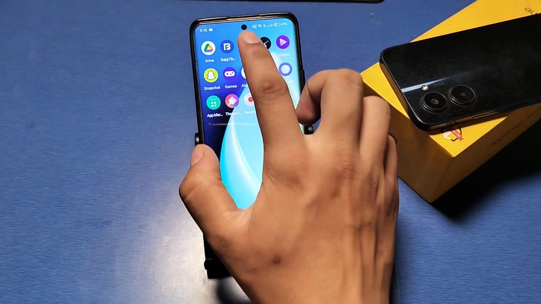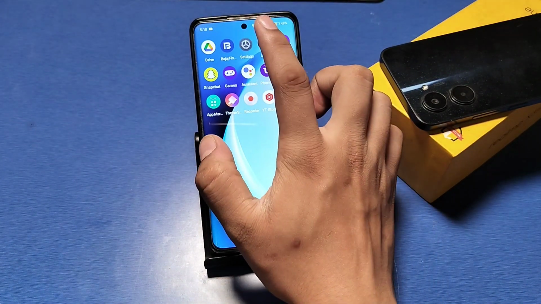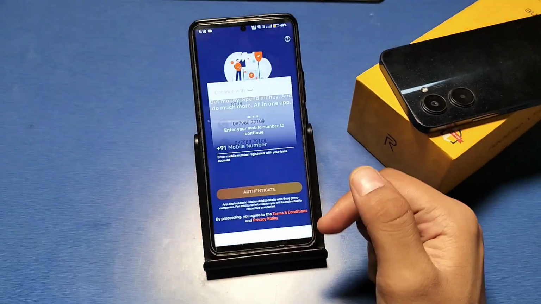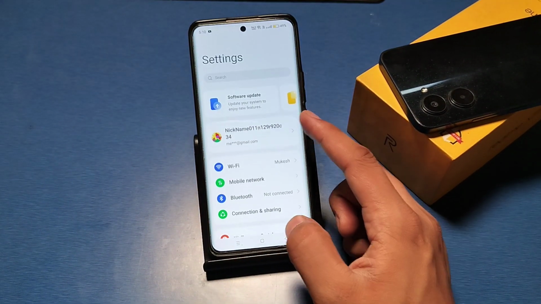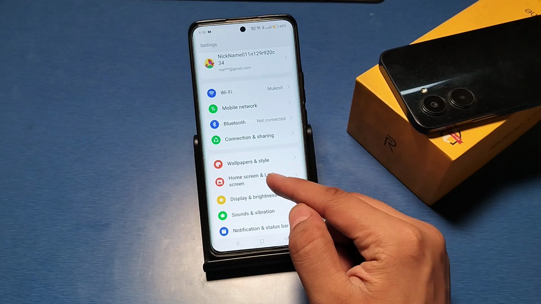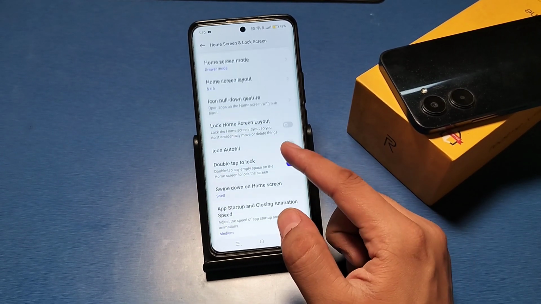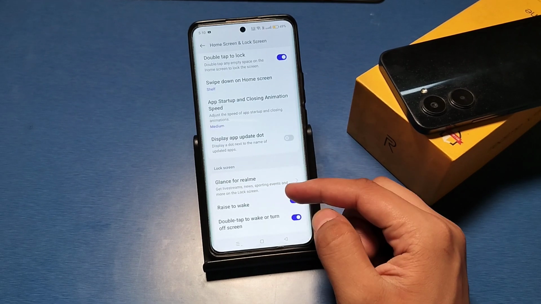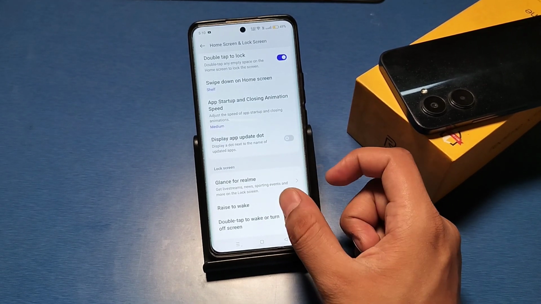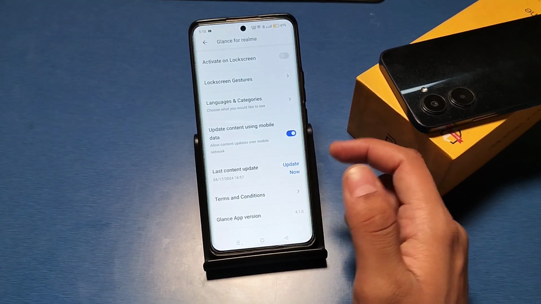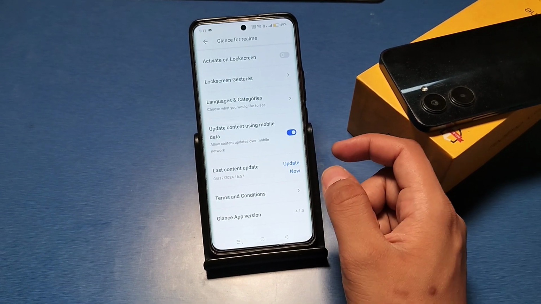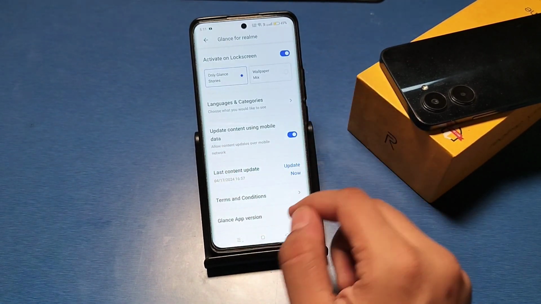Firstly, you have to go to the settings option in your Realme device phones, and you can search or simply see there is an option, home screen and lock screen. Just tap it and then scroll down. You can see Glance for Realme devices. Click on it, you will see this interface, and you can simply turn it on, and you can see